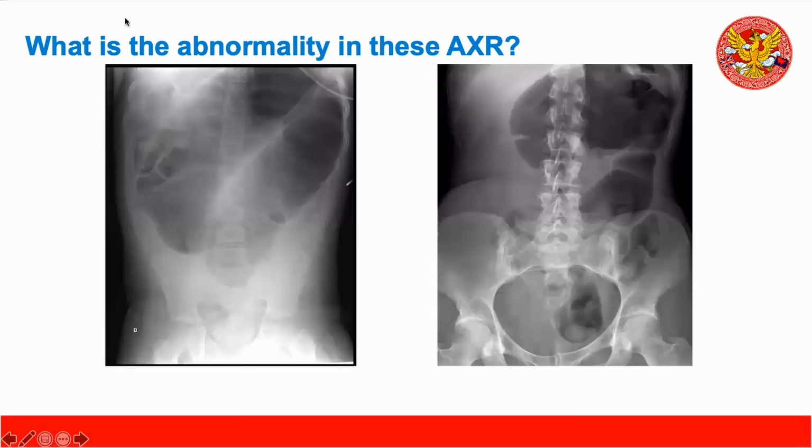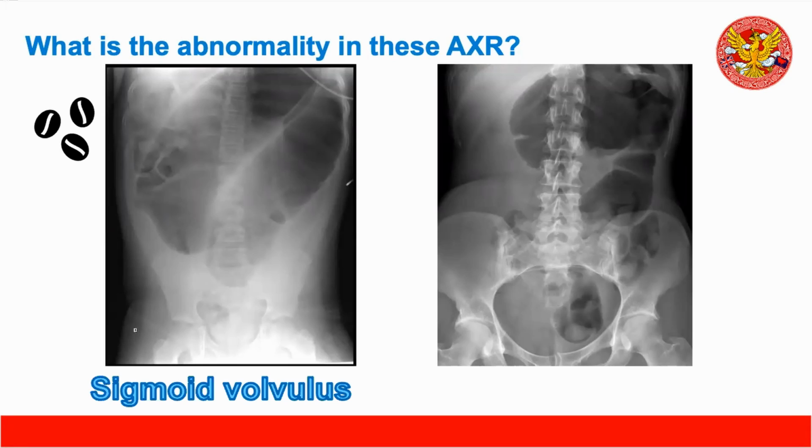Okay, does anyone know what the abnormality is on the abdominal X-ray on the left? If you don't, it's fine. I don't know how much you've done with abdominal X-rays. Perfect, so it's volvulus. Both pictures are volvuluses, volvuli, don't know the plural. The one on the left has a coffee bean appearance, which is classic of a sigmoid volvulus. So it's a sigmoid portion of the intestine, which is twisted on itself and its mesentery,